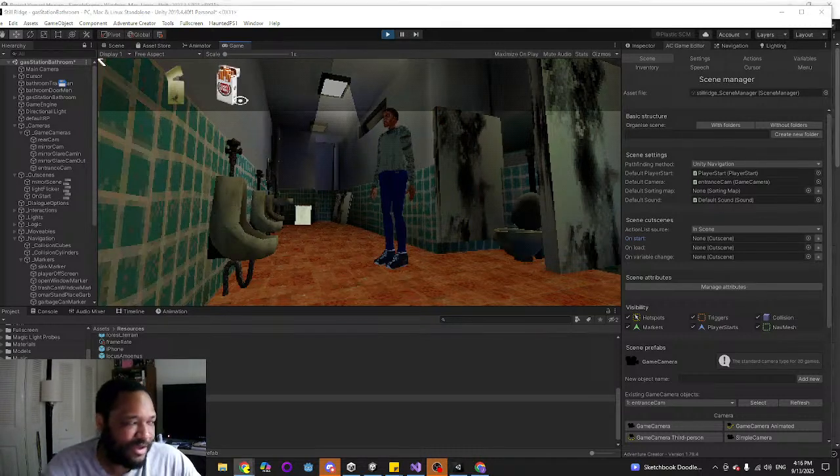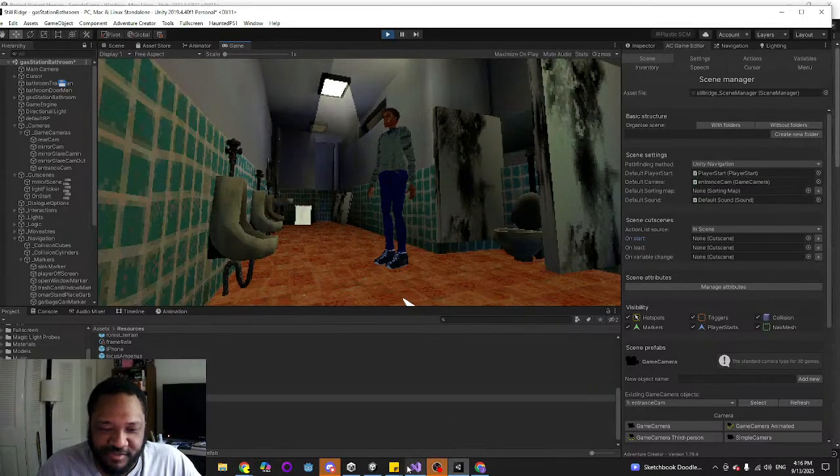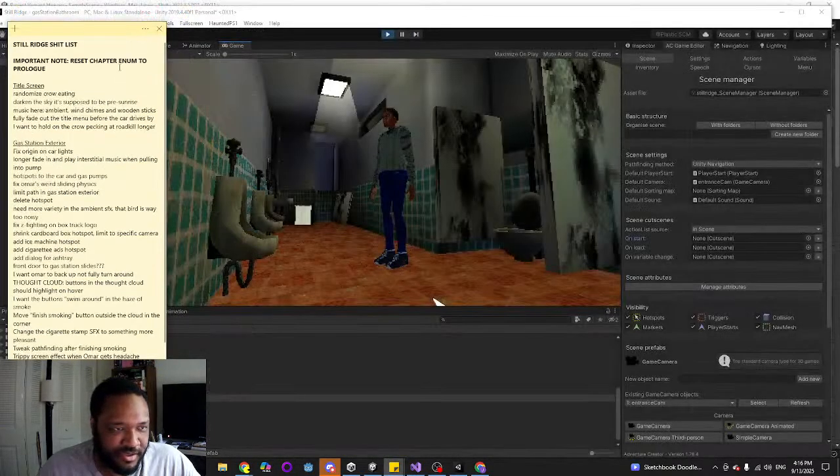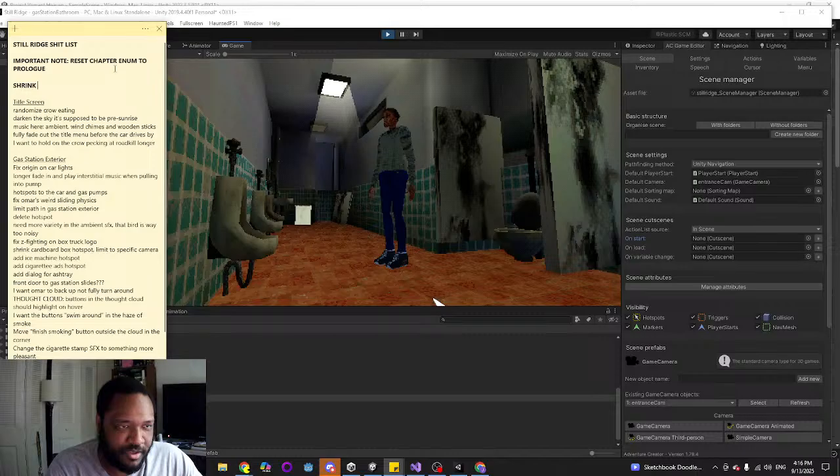Let me check how tall that is. 2.2 meters to feet. Yeah, he's 7.2 feet. My man's a ball player. I think I'm going to add a note to shrink Omar to 2 meters.